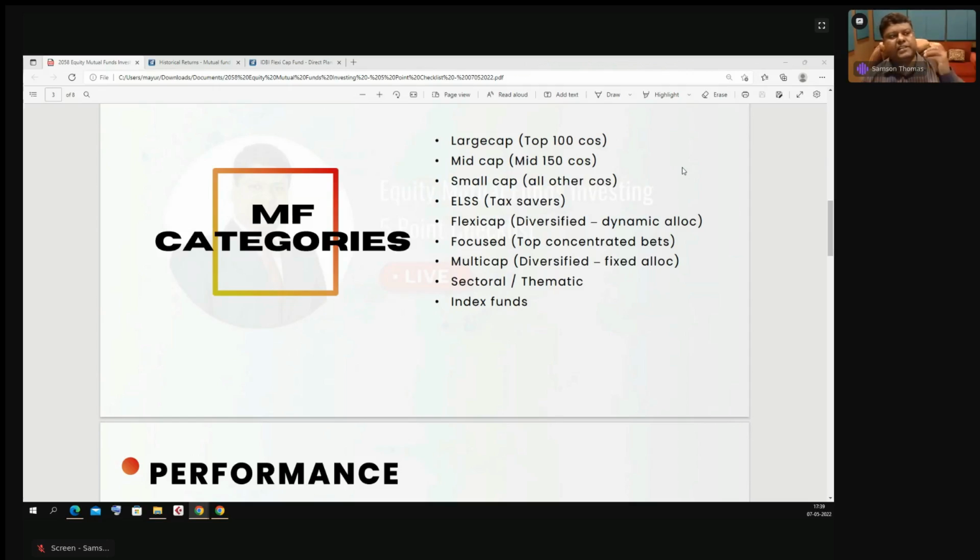Let's say it's a mid cap fund with a universe of 150 companies, and on average a mutual fund will be holding around 45 to 50, 60 stocks at the max. So out of these 150, which 60 stocks should I hold? That is the decision of the fund manager,